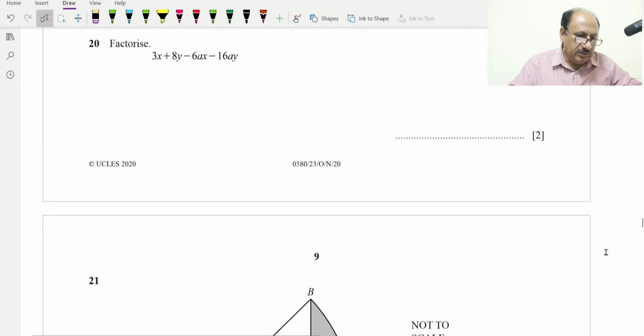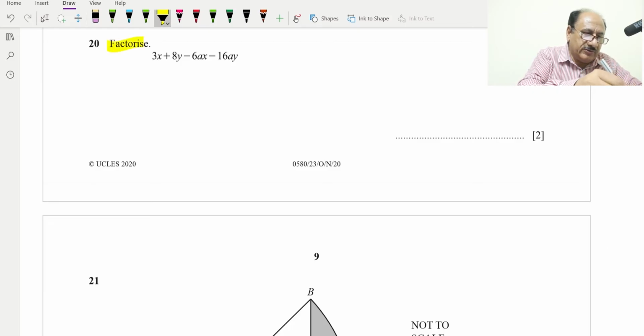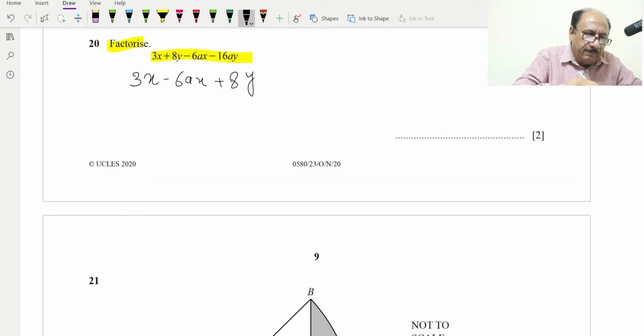Now question number 20, we have to factorize this, and for factorization of this equation we can make pairs. So first pair is this one. Otherwise we can rearrange and we can write 3x. So rearranging will be 3x minus 6ax and plus 8y and minus 16ay, and now we can make two pairs,